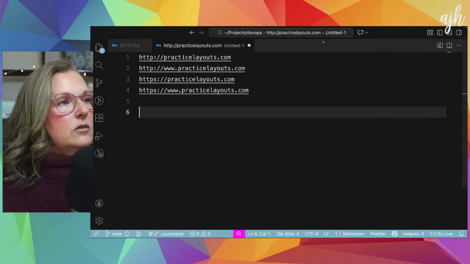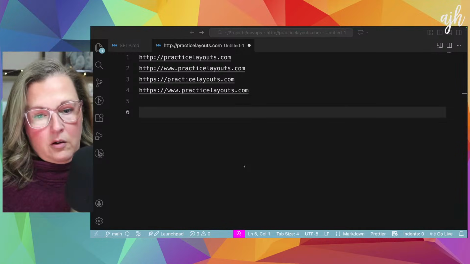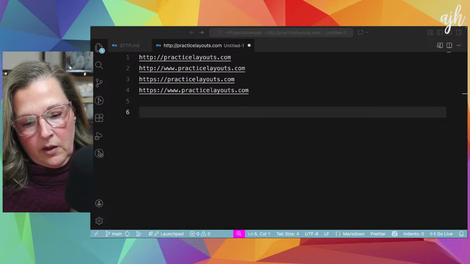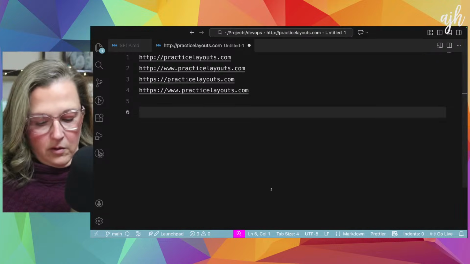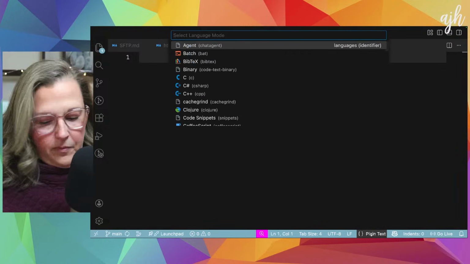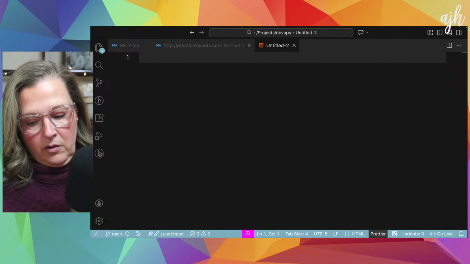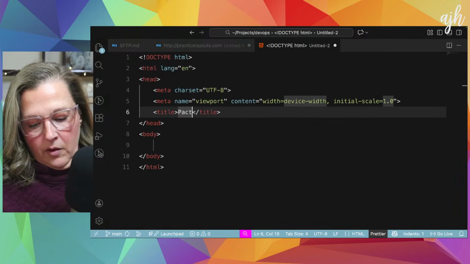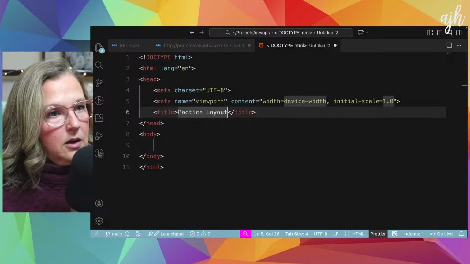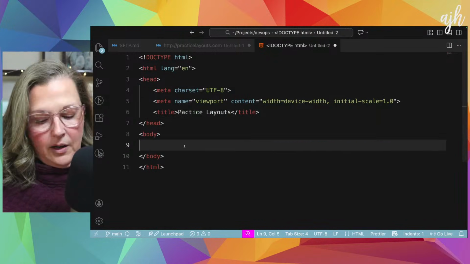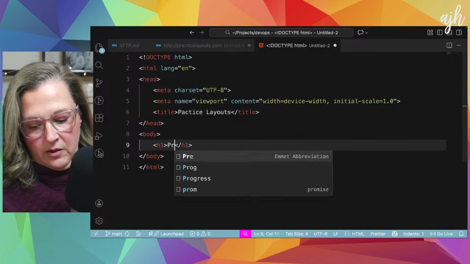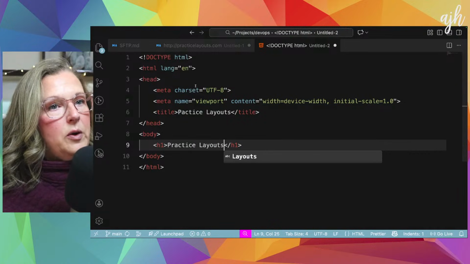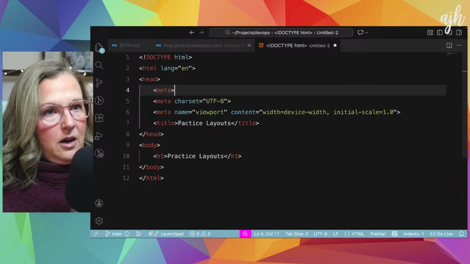Where is, right here. Here we go. HTML. So I'm just going to say practice layouts, and I'm literally just going to put an H1 in here that says practice layouts. I'm also going to add a meta